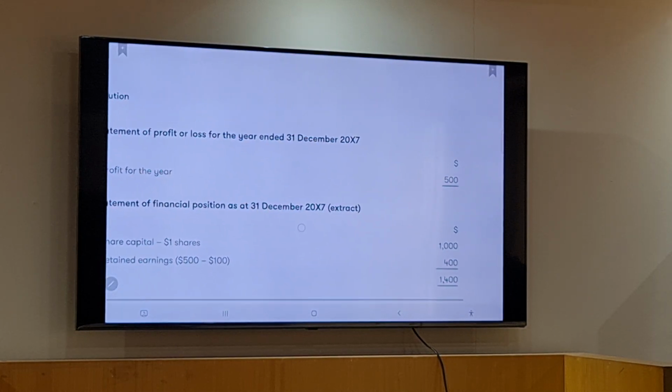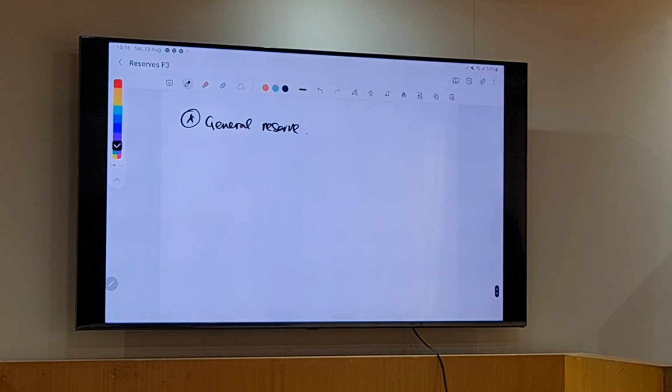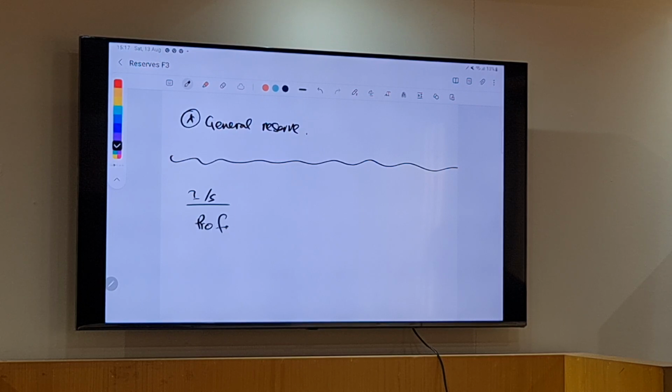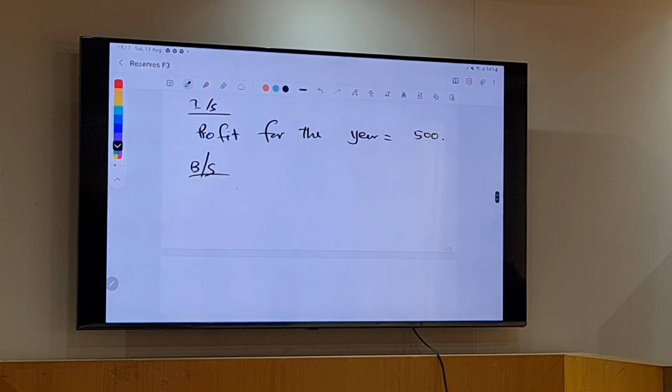So that's the profit. Next, what they want you to do is, you see in your income statement, profit for the year is 500. In your balance sheet, your share capital is 1000. Your retained earnings, what do you mean by retained earnings? Profit, 500 minus